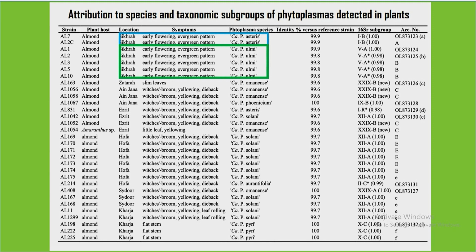Then we have Candidatus Phytoplasma omanense in 2 areas, associated with 2 kinds of symptoms, slim leaves and witch's broom, yellowing and dieback. Here we added a new subgroup B, based on the coefficient. Interestingly, even with a low infection rate, we also have Candidatus Phytoplasma phoenicium, but